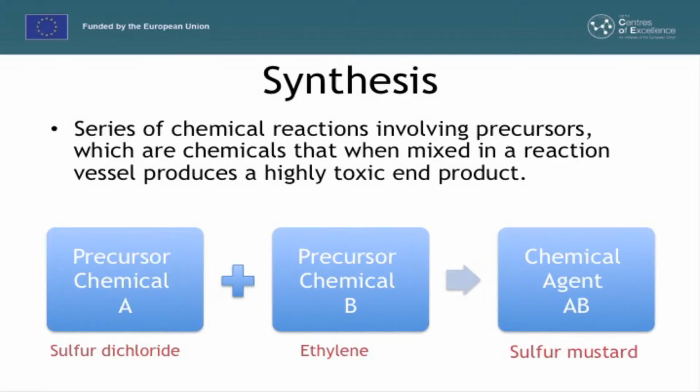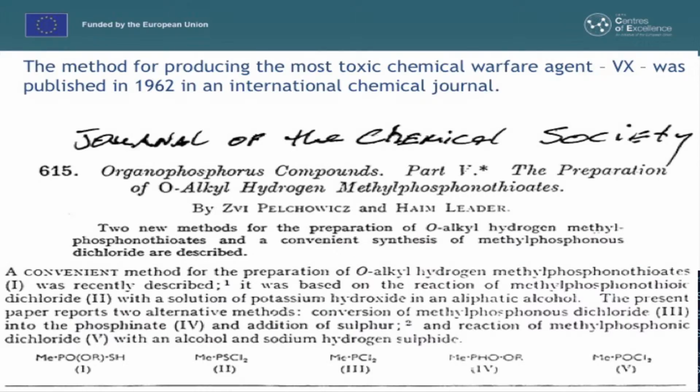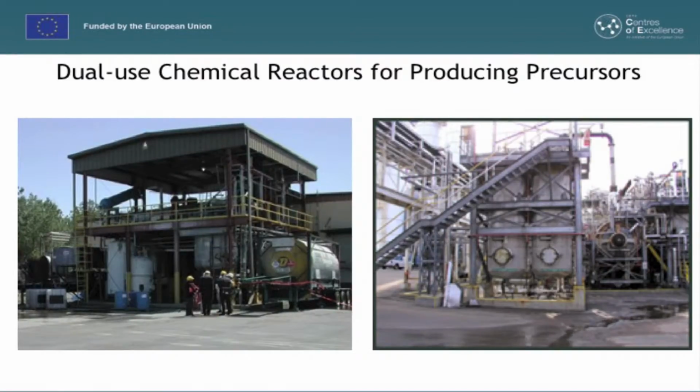Additionally, the availability of chemicals and equipment required to produce chemical weapons has increased with the global growth and spread of agrochemical and petroleum industries. Much of the equipment used for industrial chemical production is dual use, which means that it can be used by civilian industry, but could also be used for producing chemical weapons agents. Specifically, high-quality dual-use equipment made of special alloys or lined with glass to resist corrosion by caustic chemicals during synthesis are of particular concern because they are also ideal for the corrosive nerve agents and their precursors.